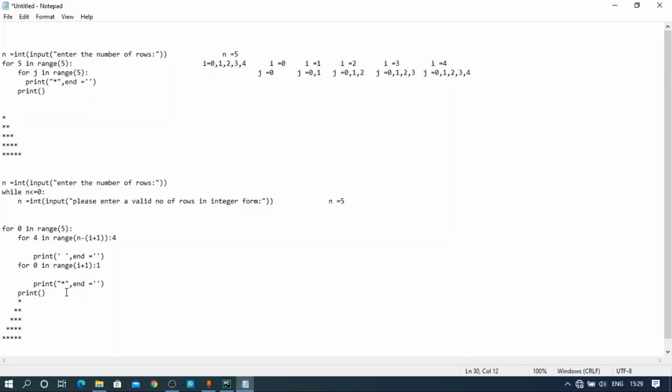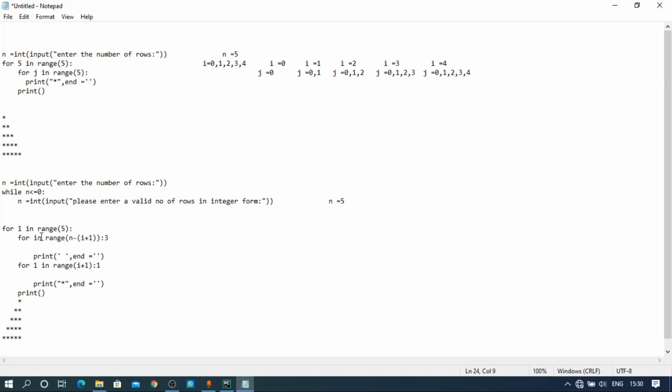So now k will be incremented and become 1. 1 in range of 1 is false, so it will move to a new line. And now i will become 1, so n minus (i plus 1) means 5 minus 2, that is 3.